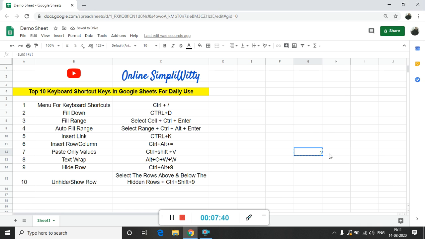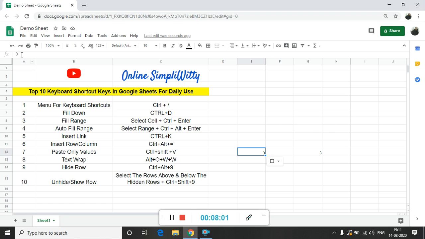Now I copy this thing, but I don't want to paste the entire formula in this cell. So what I do is I select Control plus Shift and then V. So you see here only number 3 is pasted over here.